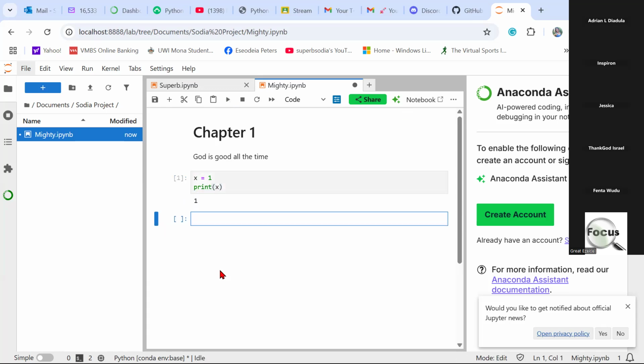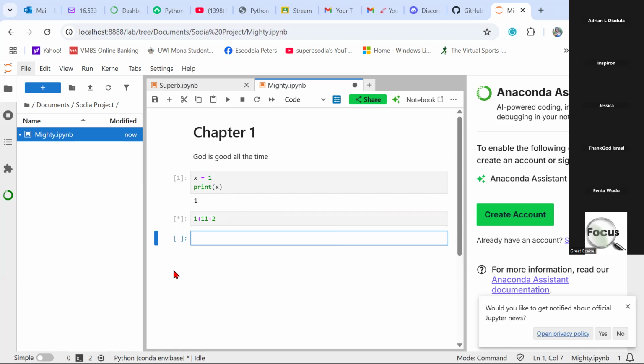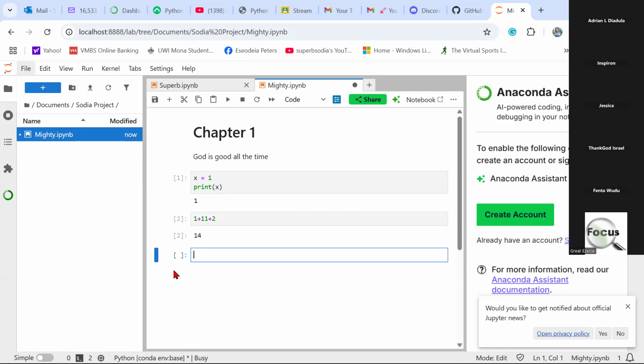Good. So say 1 plus 1 plus 1 plus 1. Just add whatever numbers you want. Okay, run it now. Yeah. So you see that's what the whole Jupyter